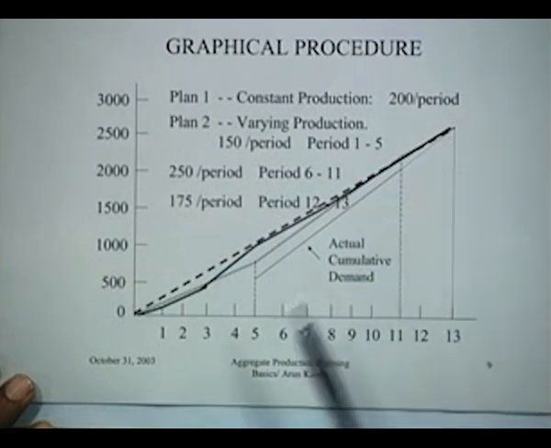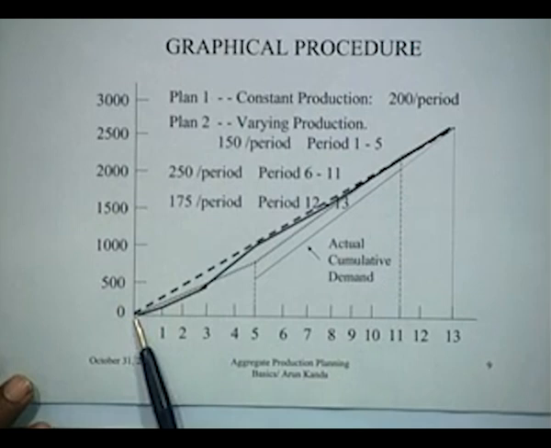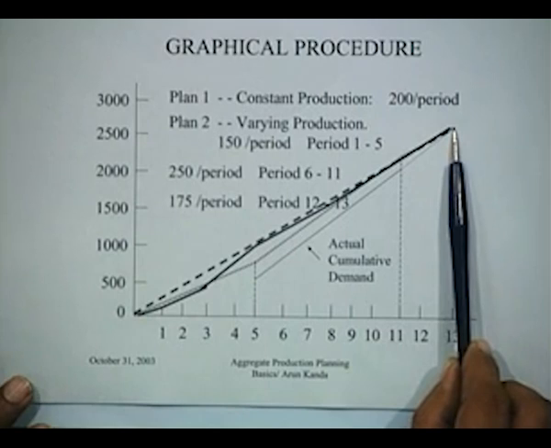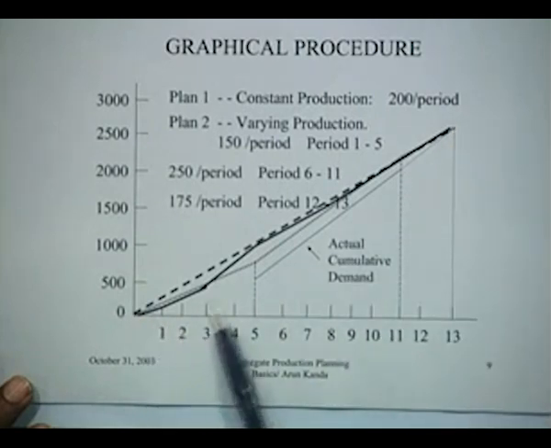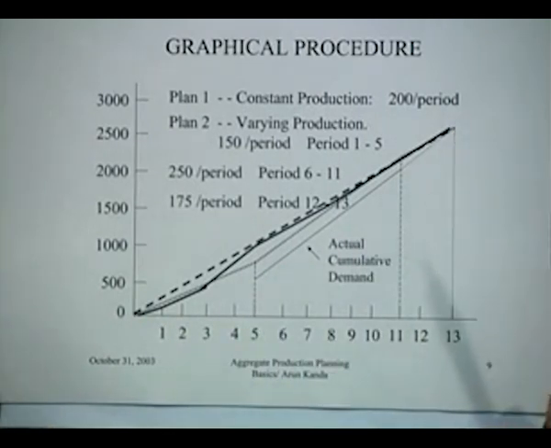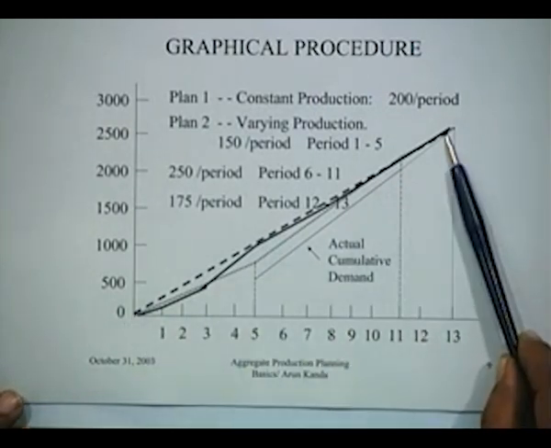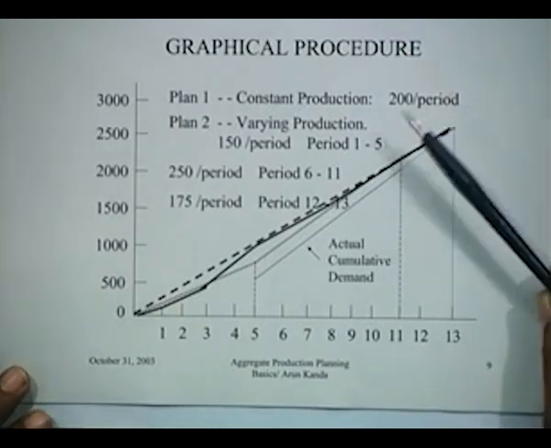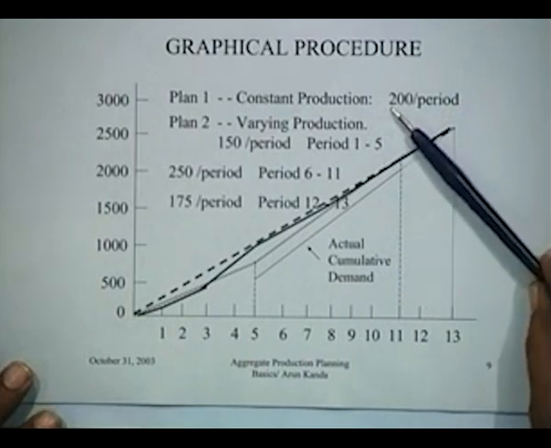After all, what we need is, what is a production plan? A production plan is nothing but a path going from this point to this particular point here, and any line which goes from here to here is actually a production plan. And since infinite number of lines can be drawn from 0 to this terminal point, therefore there are infinite number of production plans. But normally what is the ideal thing for a production manager?